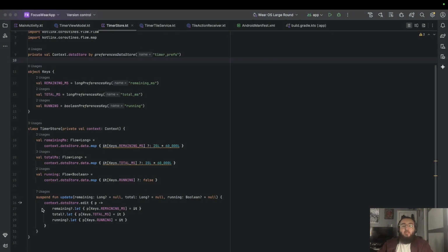At the bottom, there's a suspend function called update. This function edits the data store and updates any of the 3 values that you pass in it. Each parameter is optional, so that you can update just one piece of data without having to touch the others. So that's it for this file. Now we're going to go look at the next one, which is